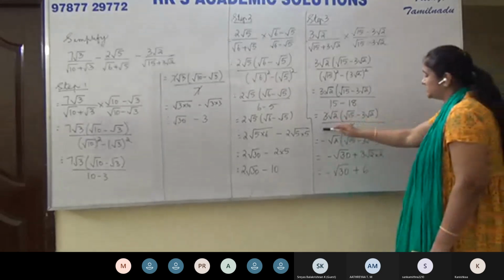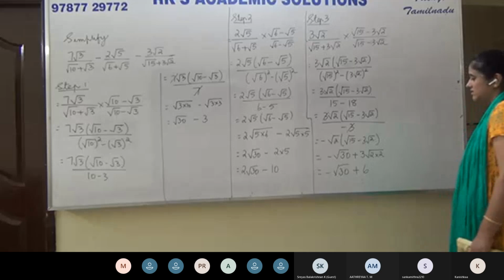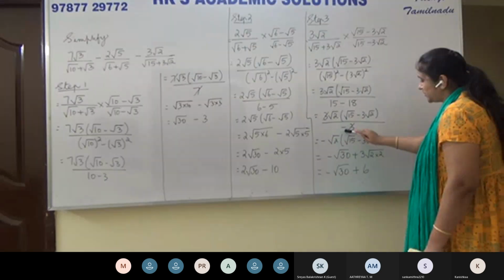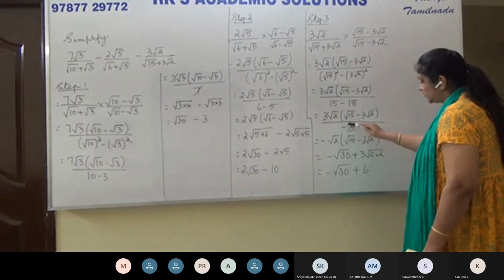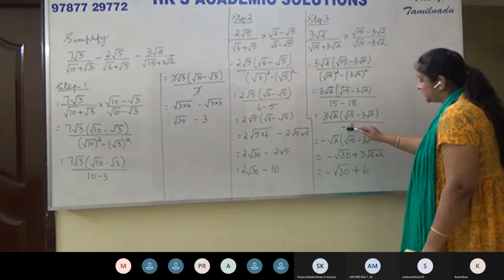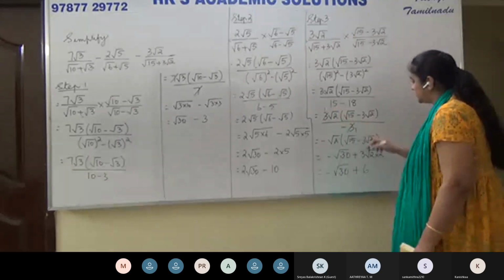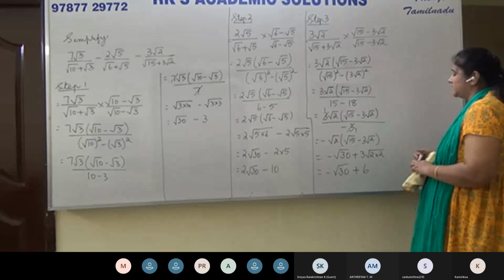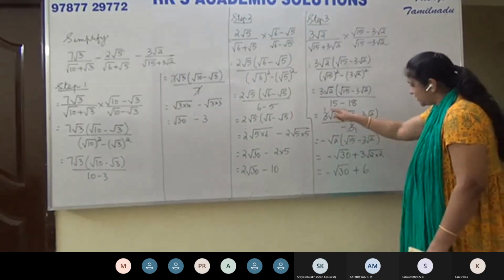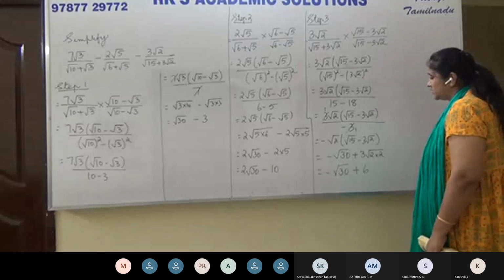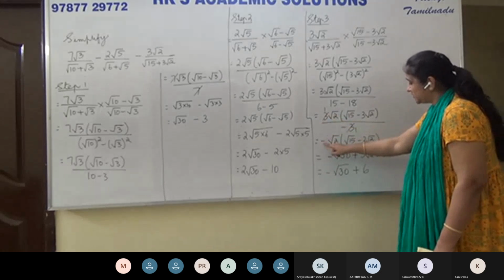Now you can cancel 3 here in the numerator and 3 here in the denominator. But there's this minus sign in the denominator. Don't leave it. If it's just 1, you can ignore it. It's minus, which means minus 1, because 3 1s are 3. There's minus 1 in the denominator. 1 can be ignored, but minus cannot be ignored. So take the minus up to the numerator.